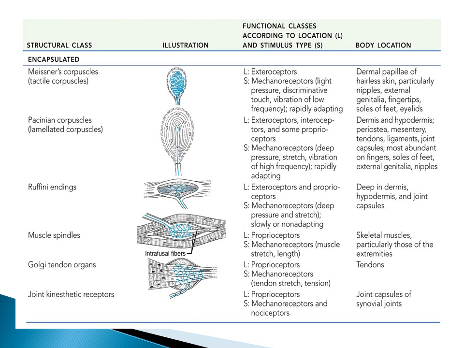Pacinian corpuscles, also known as lamellated corpuscles, are exteroreceptors. They're interoreceptors, and they also function to some extent as proprioceptors because they are found in limited populations in tendons, ligaments, and some joint capsules. They're most abundant on the fingers, on the soles of the feet, on the external genitals, and the nipples. And these are mechanoreceptors which respond to deep pressure,